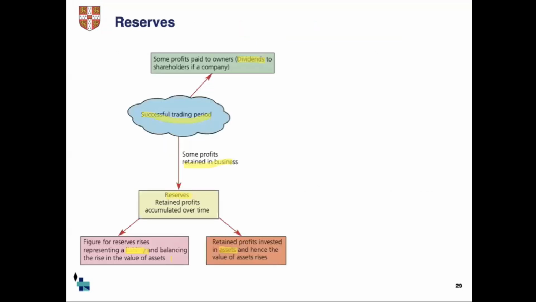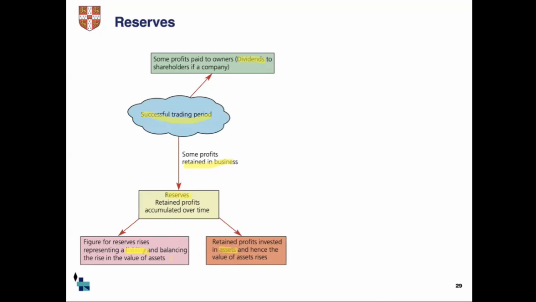And we've also looked at what we mean by reserves. Reserves are the undistributed profits that are kept in the business, and it represents a liability to the business because it does not belong to the business. What belongs to the business are the assets,